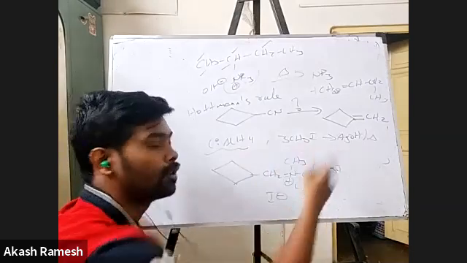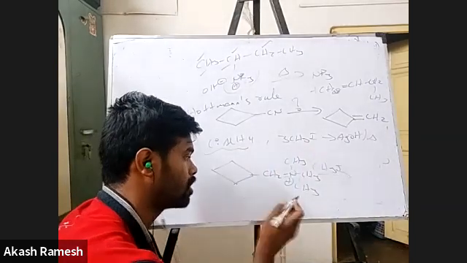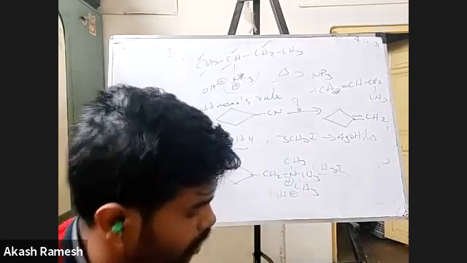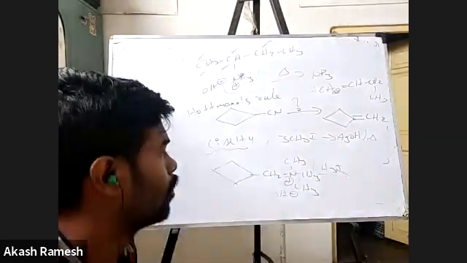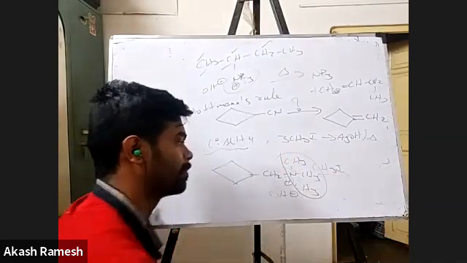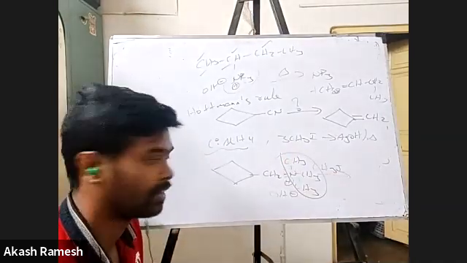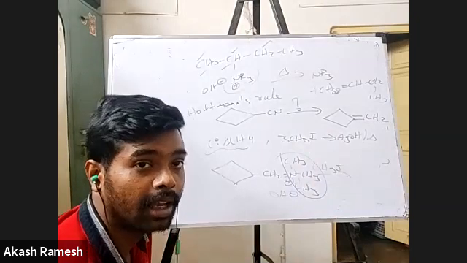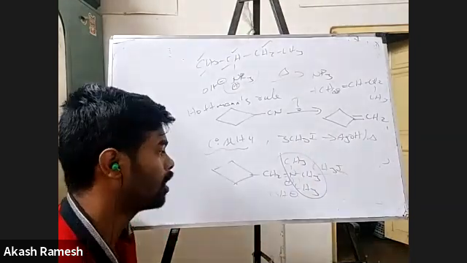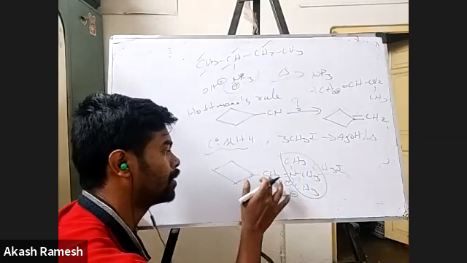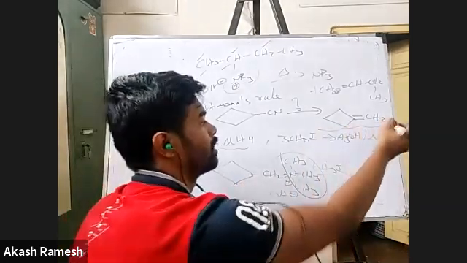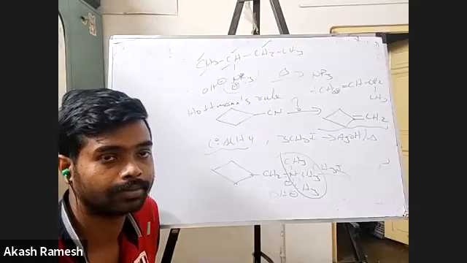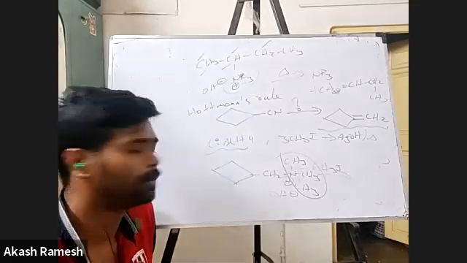And then you go for AgOH. What will happen if you put AgOH? This is going to become OH minus. So if this becomes OH minus and I heat it, what will happen? This part is gone. This part is going to go out as (CH3)3N, a tertiary amine. And what will happen to this? Obviously, I have to make a double bond between this carbon and this carbon. Very simple.